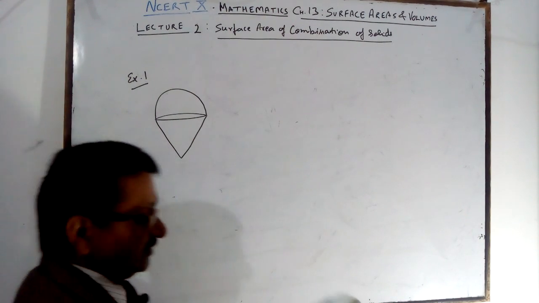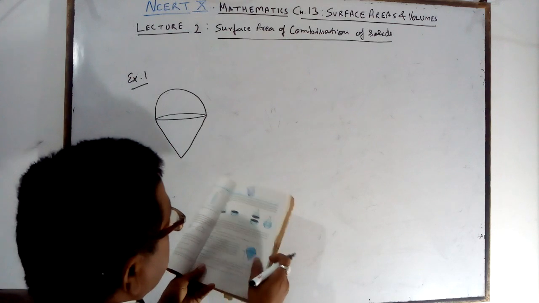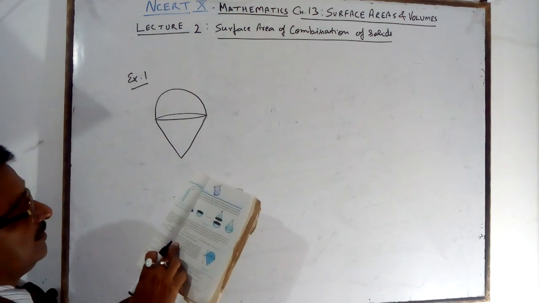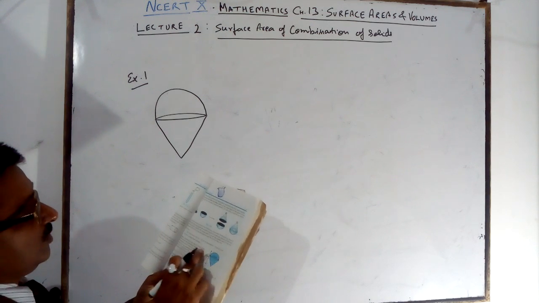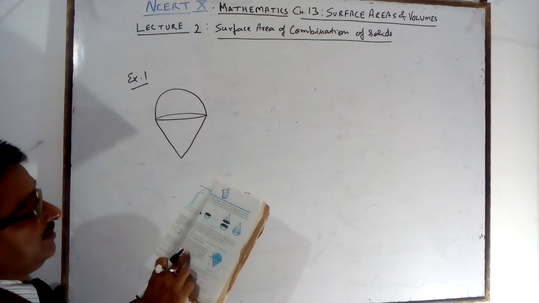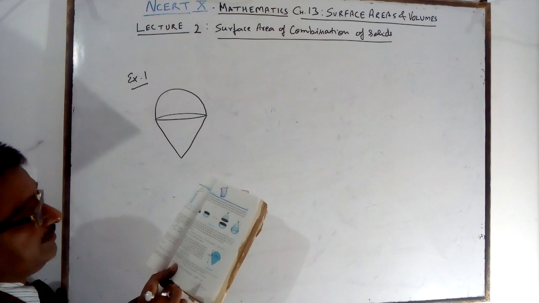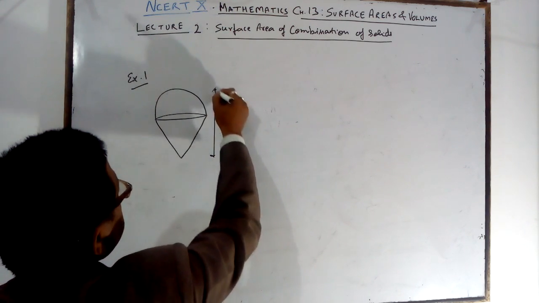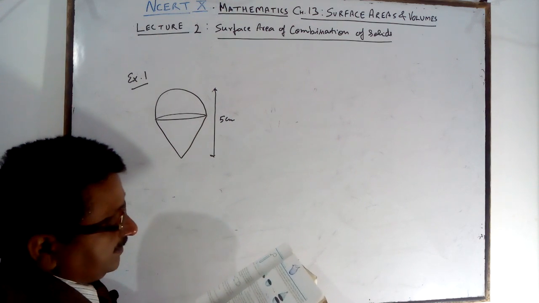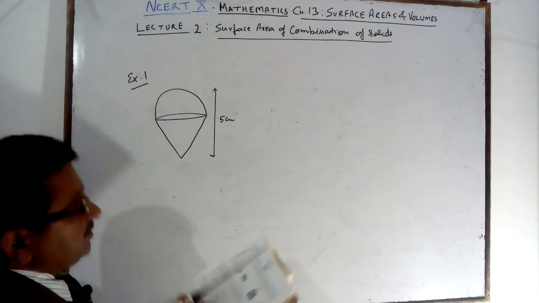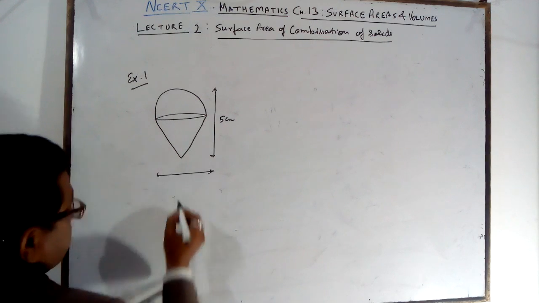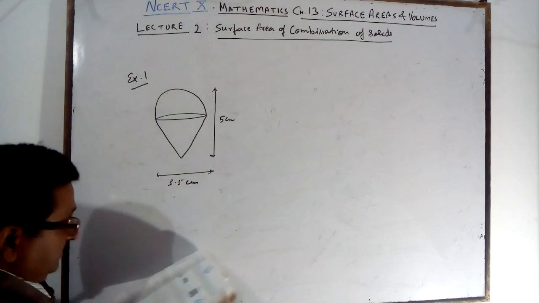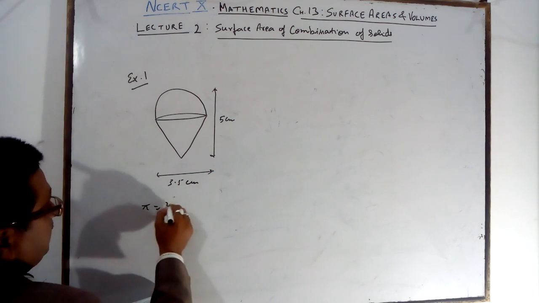So you are getting a colored part and then a part with no color. He wanted to color the whole toy. The entire top is 5 centimeter high. That measure is given. And one more thing is given, the diameter of the toy. This toy's diameter is given as 3.5 centimeter. Pi is given as 22/7.